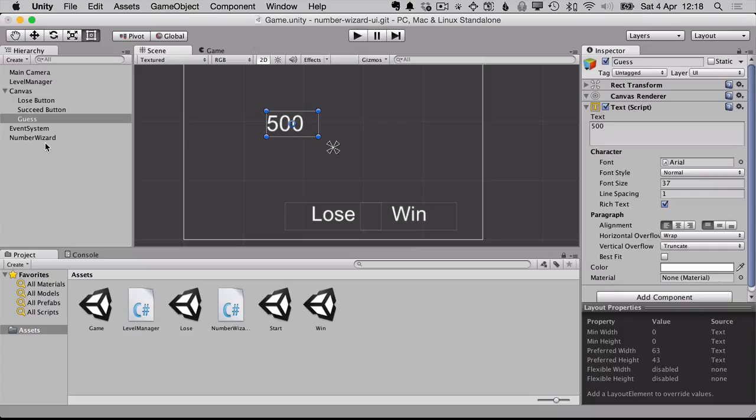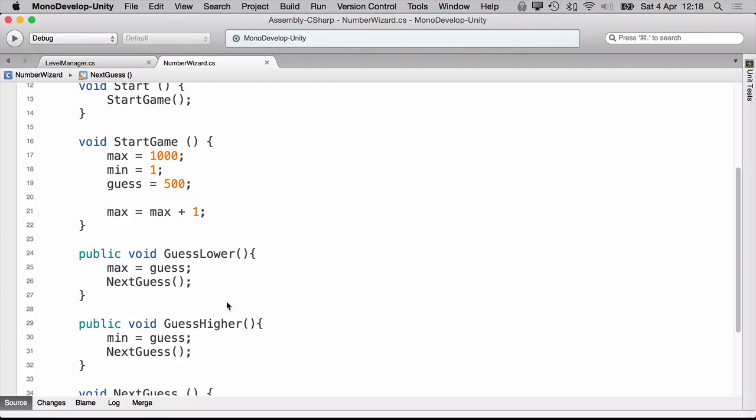So how do we get the Number Wizard code to change the guess? Well, we've already done this. We did this in our very first text adventure game, the one we've done just before this. So the very first visual game we ever built, we got that going. So let's do that again. So we jump into our Number Wizard code,